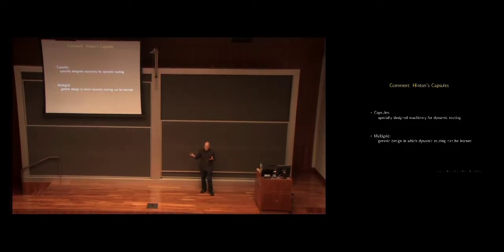So I just want to draw attention to these possible different solutions to the dynamic routing problem. Obviously, one statement is that you may prefer generic machinery. This is not meant as an indictment of capsules at all,